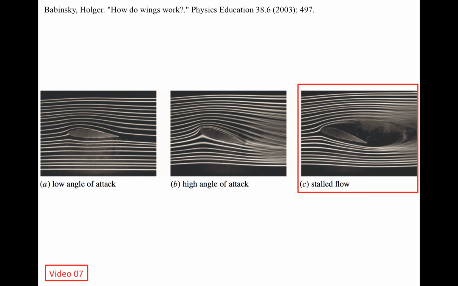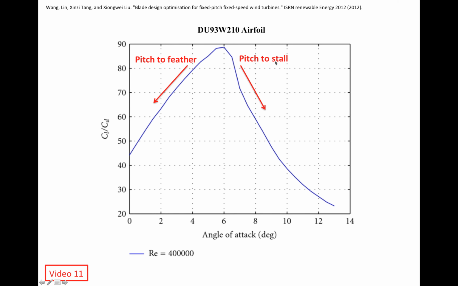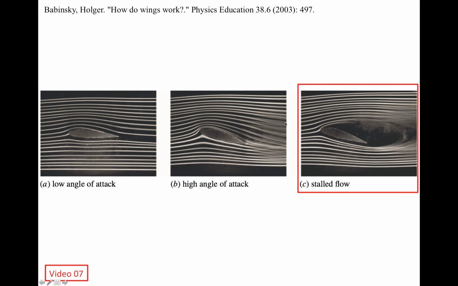We talked about the feathering condition. Now let's look at this particular path, pitch to stall. We talked about stall in video 7, when we were discussing properties of the airfoil. This is low angle of attack, this is high angle of attack, this is even higher angle of attack. When the angle of attack exceeds a certain threshold, the streamlines, or the white lines, can no longer follow the upper surface of the airfoil, and then they detach from the